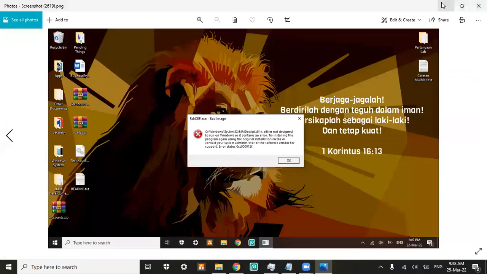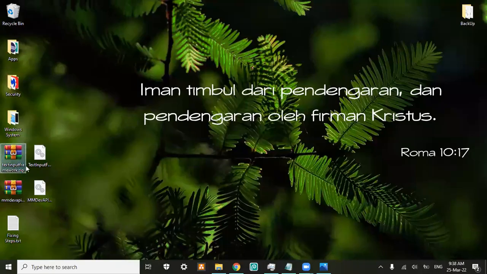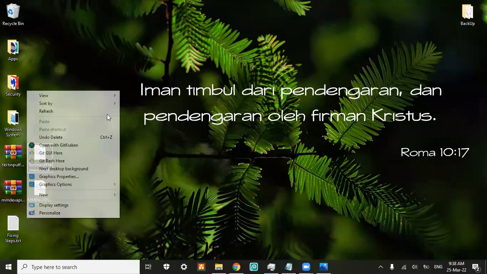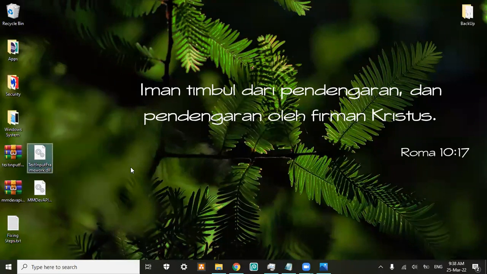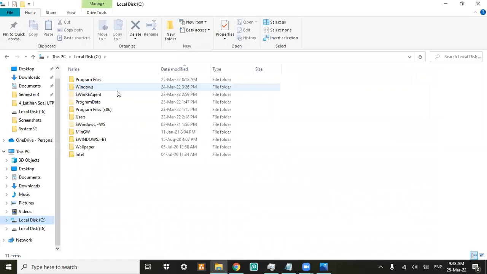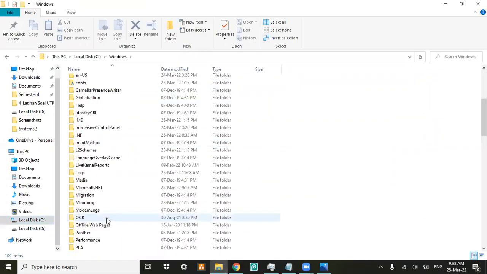After I installed it, I extracted it, and these are the .dll files that are clean and pure, the good ones. I want to replace them in my System32 folder in the Windows folder.